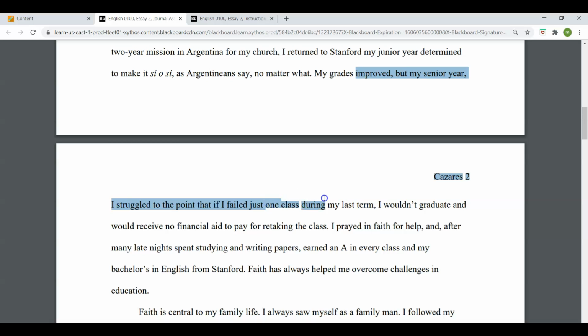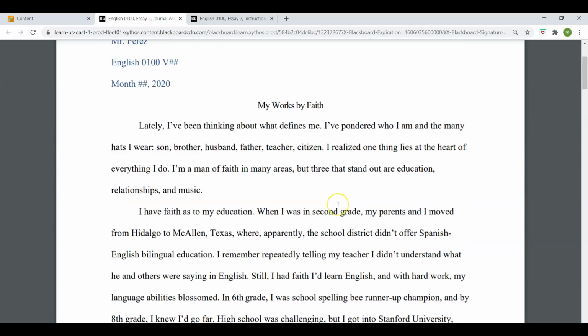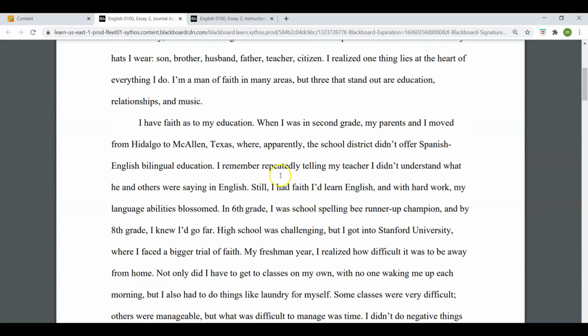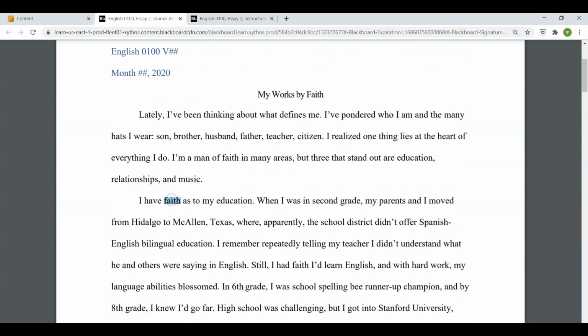And I could pass. It was fine. I was on track to pass, but if I failed one class, I'd have to come back later, and it would have been really complicated. So I prayed in faith for help, and I studied, because faith without works is dead. And I earned an A in each of those classes, and I graduated within the 4 years. So notice it's all about education. It's all laser focused on education, but education that shows that I had faith.